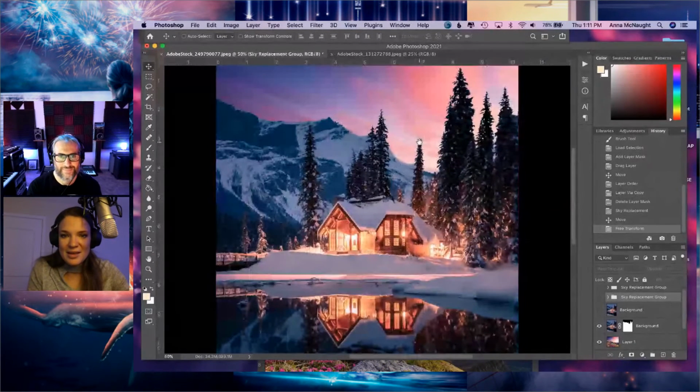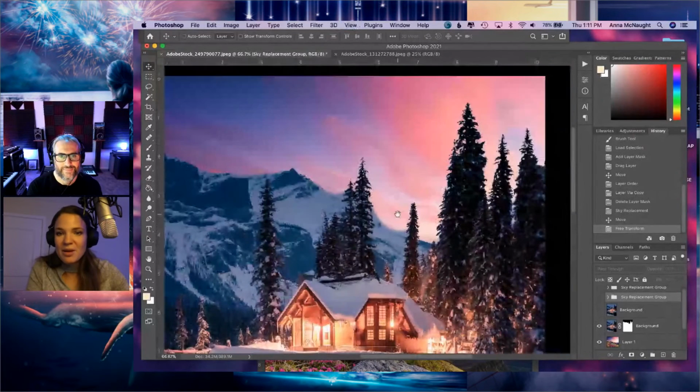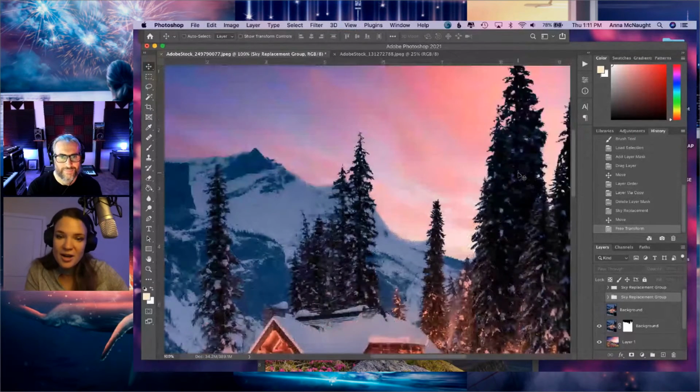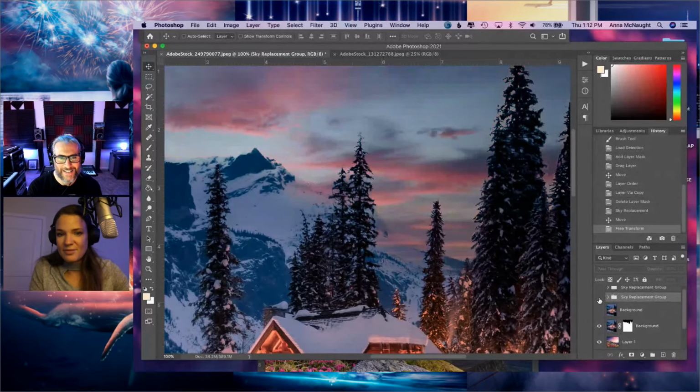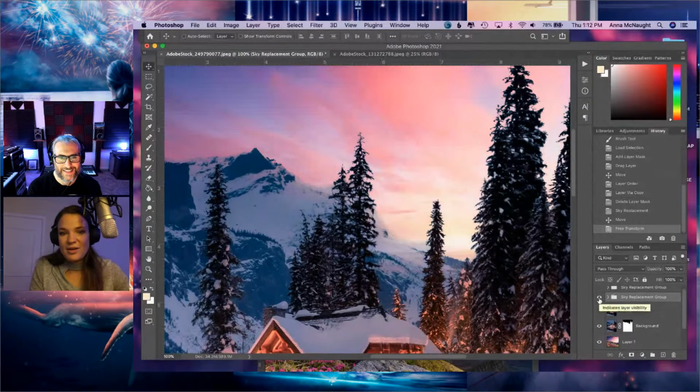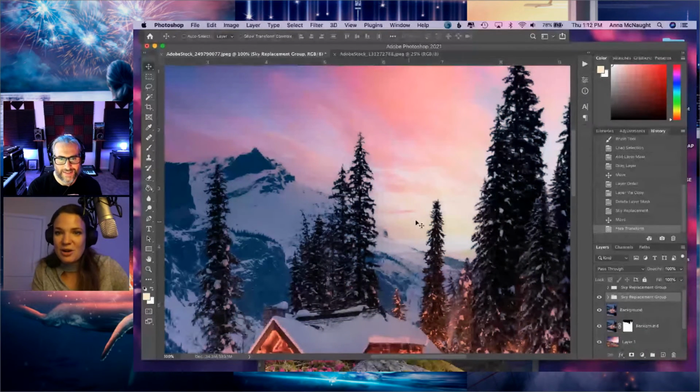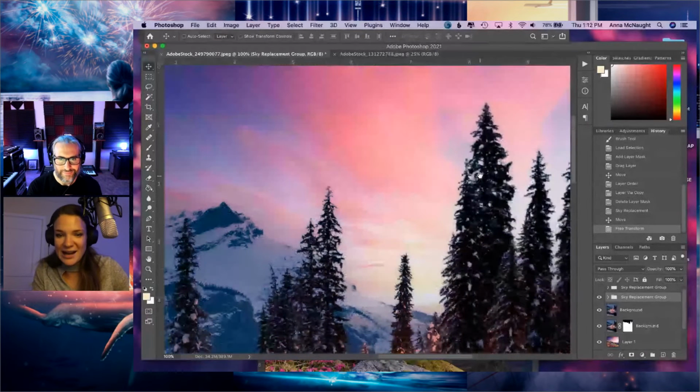You can see that our trees are a little bit choppier, but in some ways maybe that's good. And then we have some weird stippling happening in here. Turn that background on. So you can see that Adobe Sensei did a really good job of making this look nice and natural, and then we don't have that stippling there.